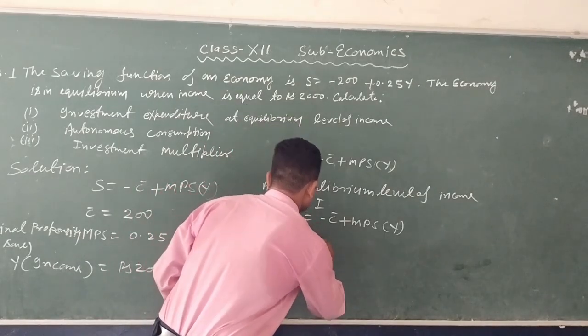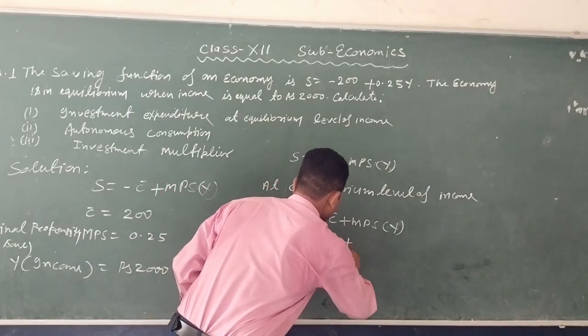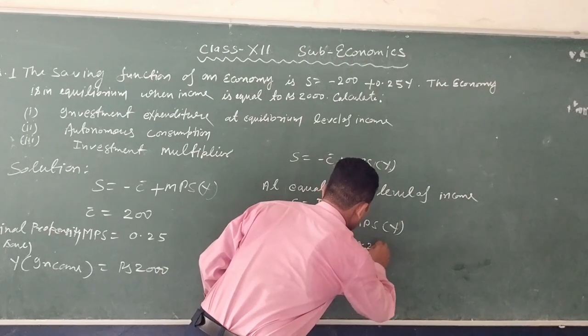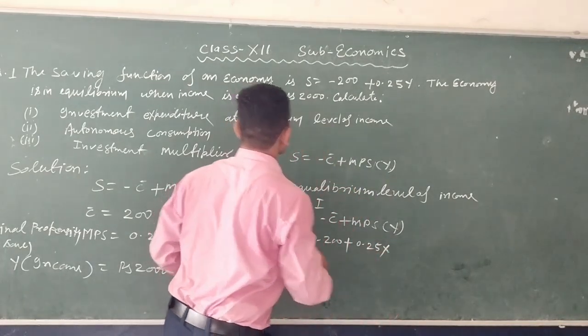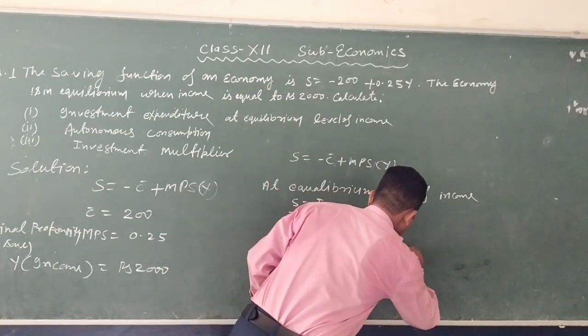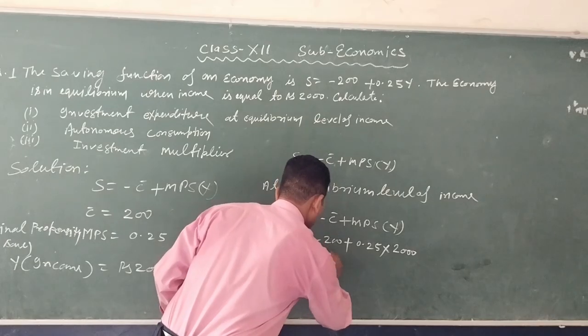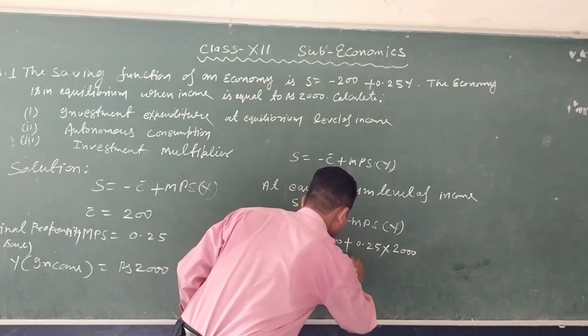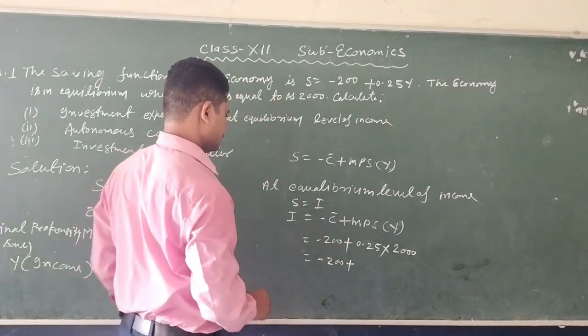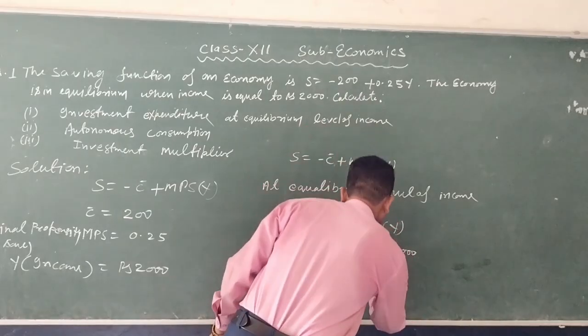We put all values: minus 200 plus 0.25 into 2000 equals minus 200 plus